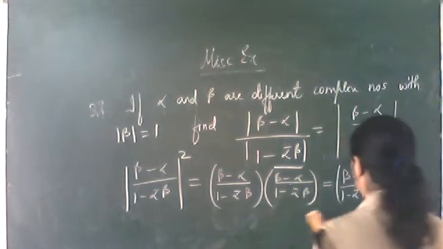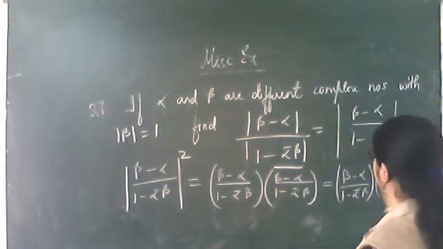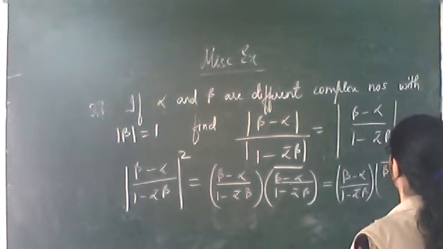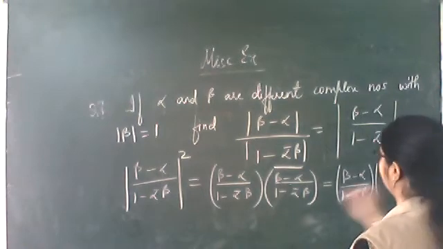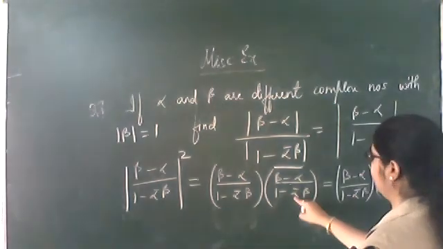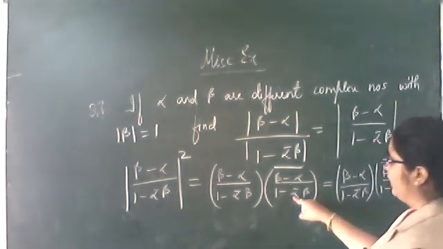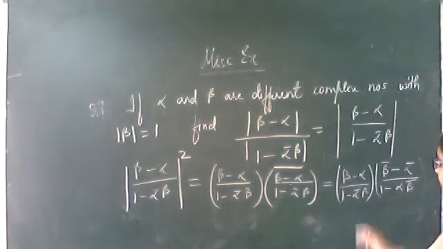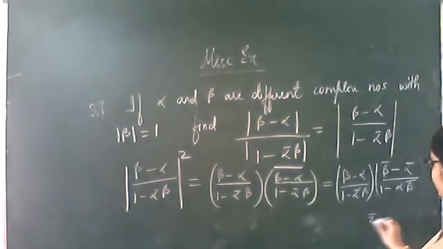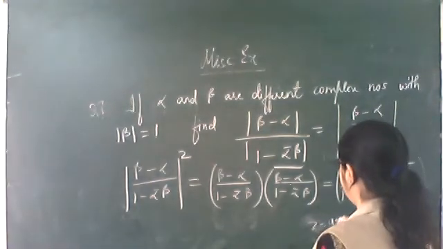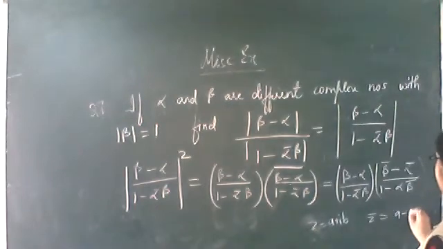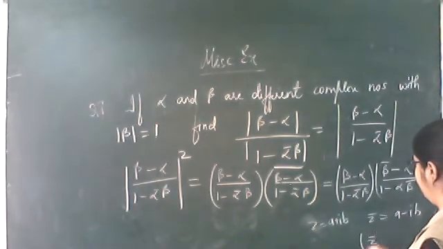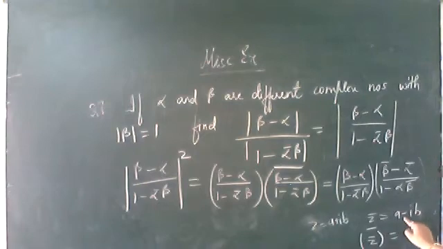Clear? So what we are doing, this conjugate can be written as beta conjugate minus alpha conjugate divided by 1 minus, this quantity will be what? Alpha conjugate whole conjugate will be what? Alpha only, and then beta conjugate. Just see, z conjugate, z is what? Z is a plus iota b. Z conjugate will be what? A minus iota b. Now z conjugate, whole conjugate will be equal to what? Conjugate of this. That means again the sign will change. It will be what? A plus iota b. That only it will be.